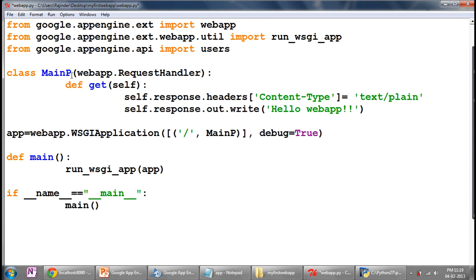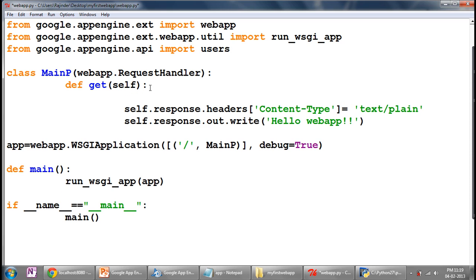Now same, create a main class, MainPage, with request handlers as arguments. Define a new function as get. Now here create a new user. user = users.get_current_user(). This method is in this package.